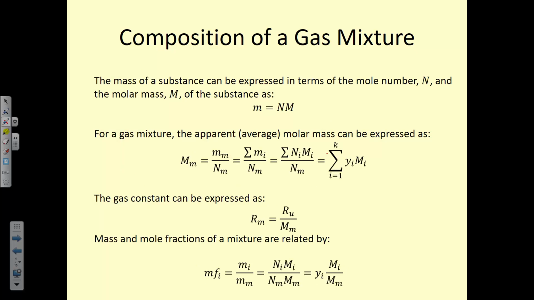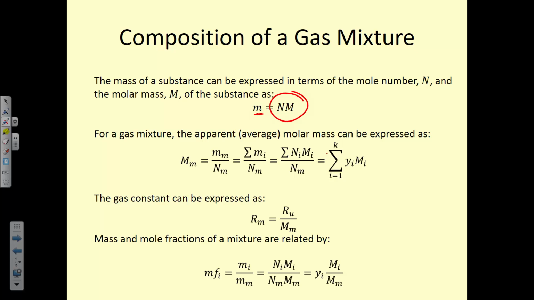Okay, so we can also look at alternate ways of expressing masses and molar masses and mass fractions. And so this slide gives you an idea of how all of these different quantities are related one to another. So the mass of a mixture is equal to the number of moles of the mixture multiplied by the molar mass. And if you go to table A1 in your book, up until now we haven't used the molar mass very often. There have been a few problems where we had to convert.